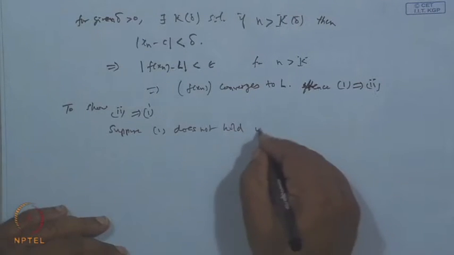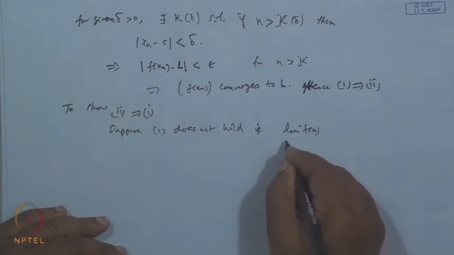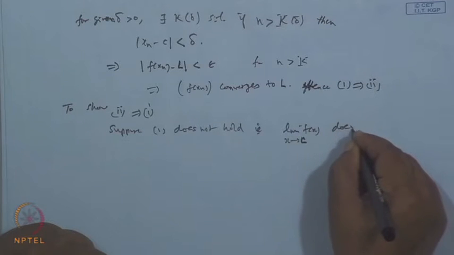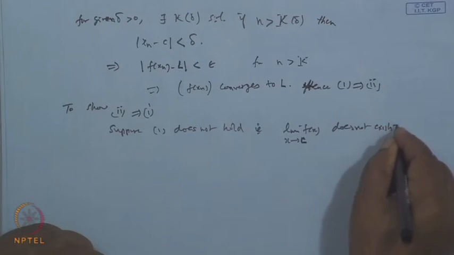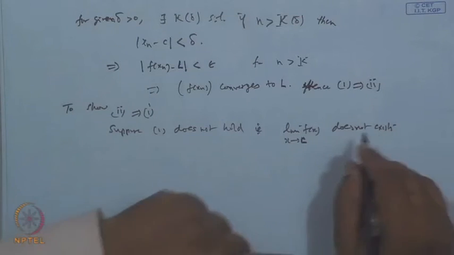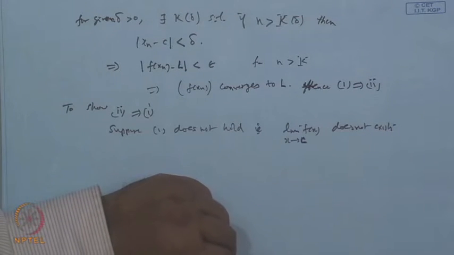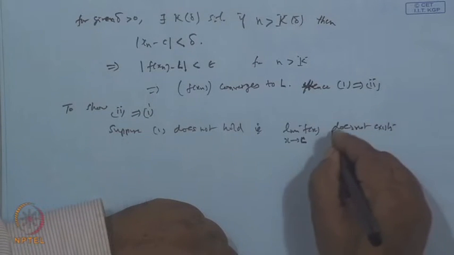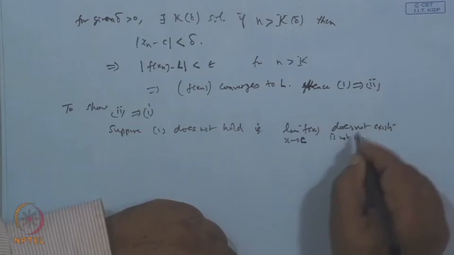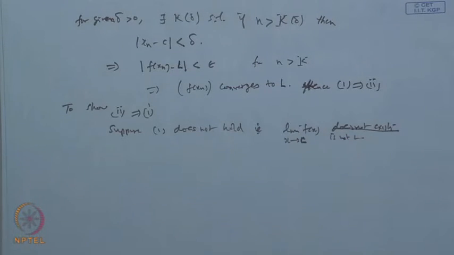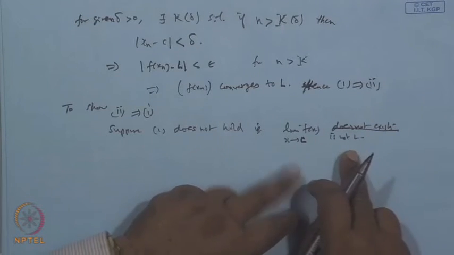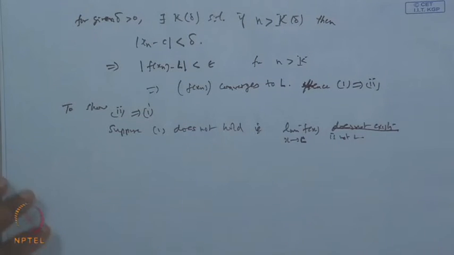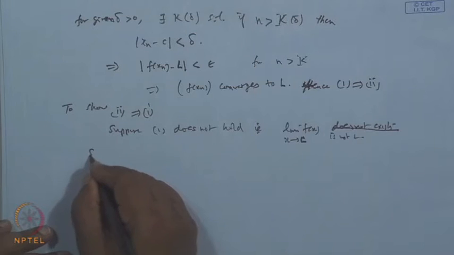It means that the limit of this function f x when x tends to c does not exist, or does not go to L, is not L. Suppose this limit is not equal to L. Okay? We can say like this. So, if it is not L or different from L, what do we mean by that? It means that if 1 is not true, then there exists